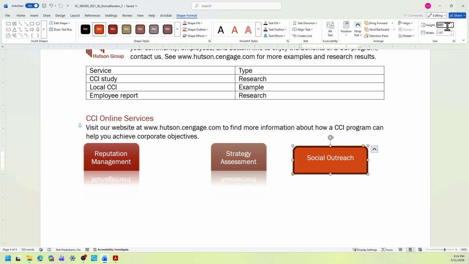The height is 0.6. Right now it's 0.61, so I'm just going to remove the 1. And then the width should be 1.2. Just going to change that to 1.2. There you are, 0.6 by 1.2.